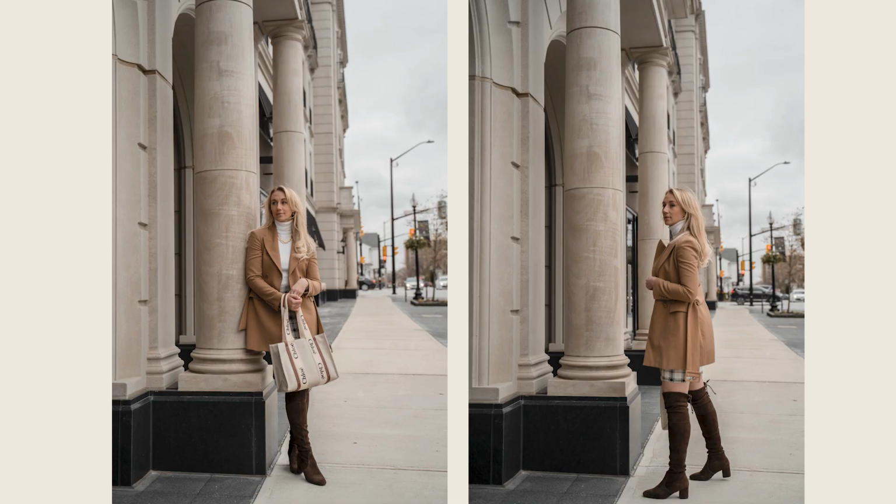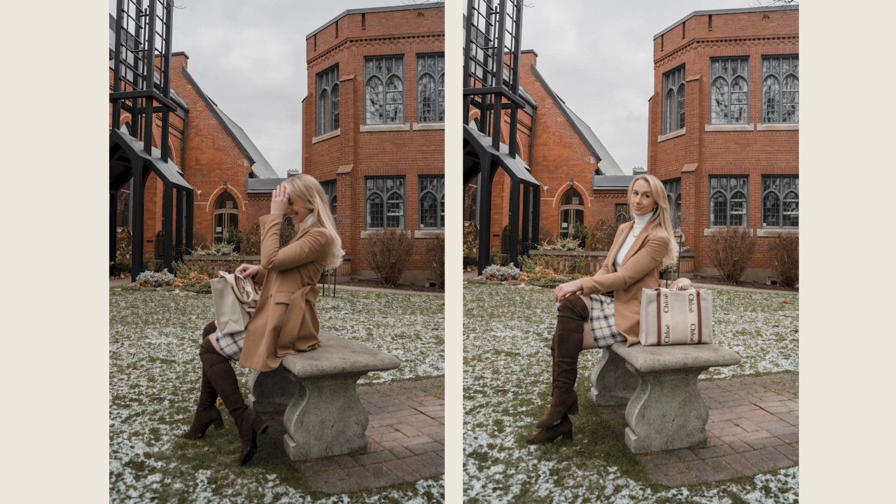I think a lot of people have maybe a problem with over-the-knee boots because they end up falling down and it can be so annoying. I don't find that happens with my Stuart Weitzman boots, but again, that just has to do with the way my leg is as well. So if you have slimmer legs, slimmer quads, then maybe you will be more prone to them